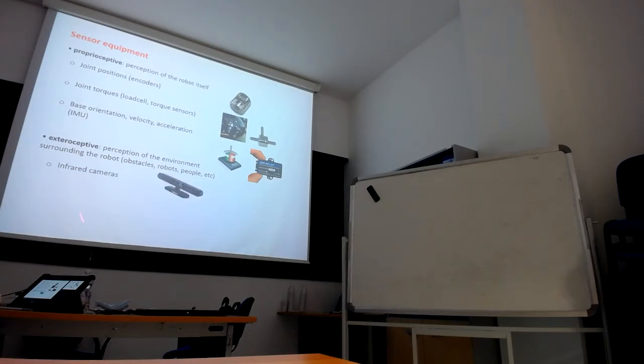terrain, shape, and they are mainly divided into infrared cameras, RGBD. They are called cameras that have these infrared sensors, and stereo cameras. In this case, the infrared gives you the distance of the point that is perceived and is located in the RGB map. Stereo cameras get the three-dimensionality of the map by merging the images from two cameras. Of course, this is very dependent on the illumination of the environment, so they are quite tricky. And laser cameras are a similar idea